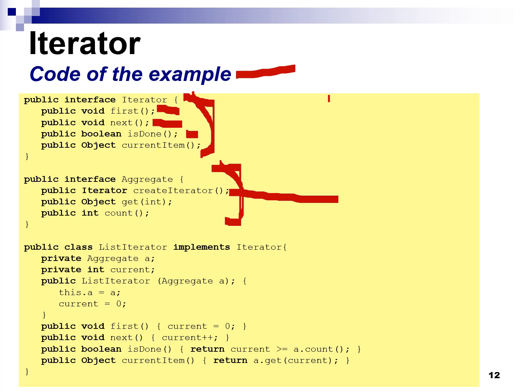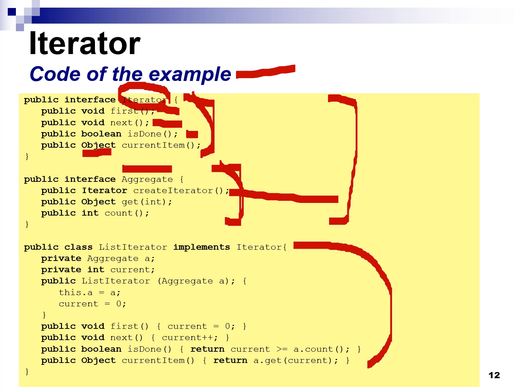This example, you may not like it, I don't either. It's very simplified. For example, one obvious improvement is that I'm using objects here, so both iterator and aggregate could be generic interfaces. But the point is that I have a class ListIterator that implements the iterator